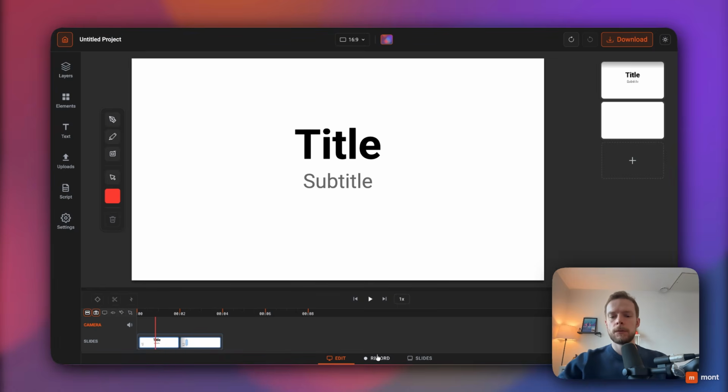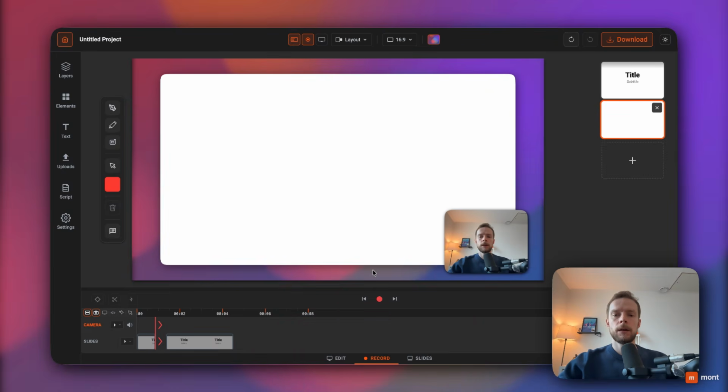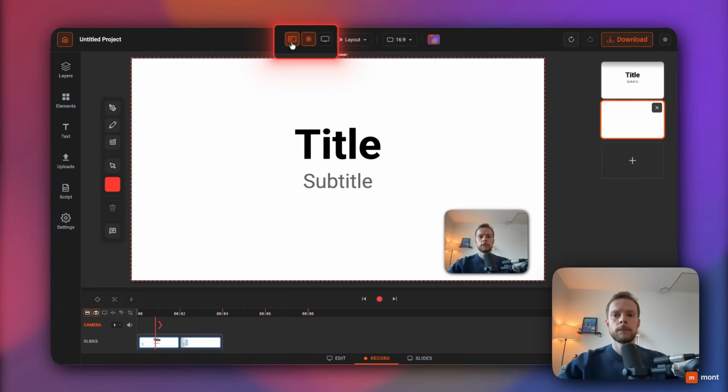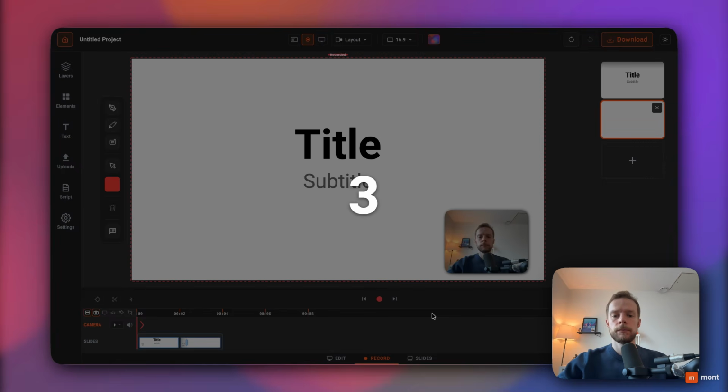To do it, press Record, and then here we're going to be recording only the camera. So we'll disable the slides screen source, and you can see on the scene, we now see the recorded label over the existing slides that are already on the timeline. Let's put the playhead to the beginning, press Record,